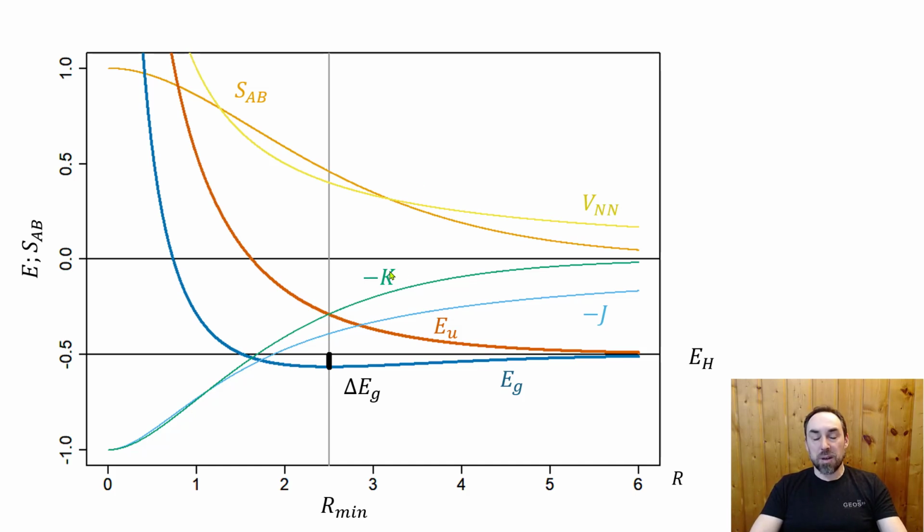The resonance integral K, instead, is what is actually contributing to stabilizing a little bit more the ground state, EG, and not so much the excited state, EU. So, in other words, it is the exchange integral K that is responsible, ultimately, for the last push for